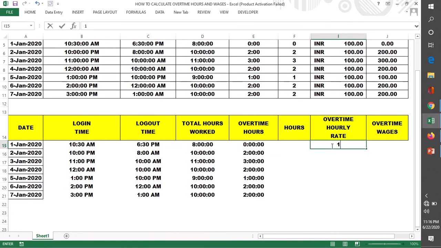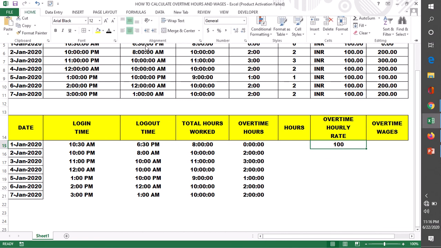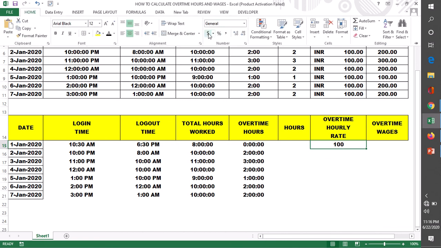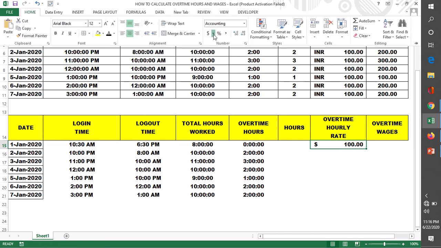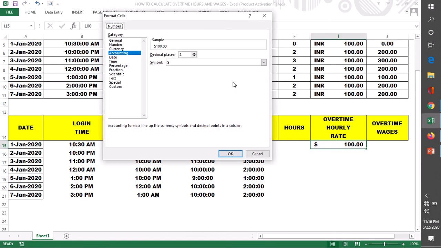Now hourly rate is 100 rupees. If an employee does 1 hour extra, for 1 hour it is 100 rupees. So let me convert it into the currency. If your currency is dollar, you may apply the dollar, else my currency is, in more accounting formats, let me choose it.